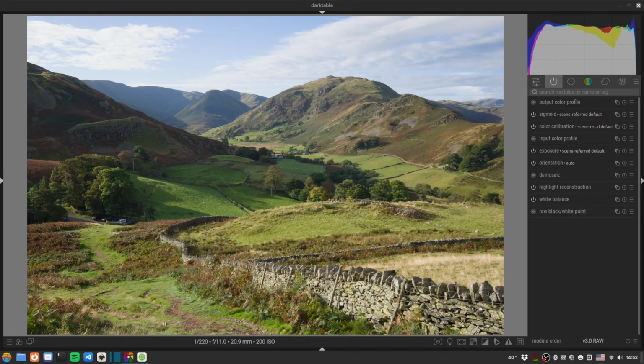In this one we're going to be looking at this shot from the Lake District. This is kind of the walking down the hill after you've been out for sunrise kind of shot, so the light is kind of past its best. It's not golden hour anymore, but there's still some light to be had,